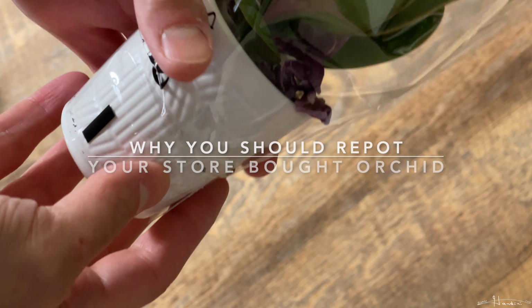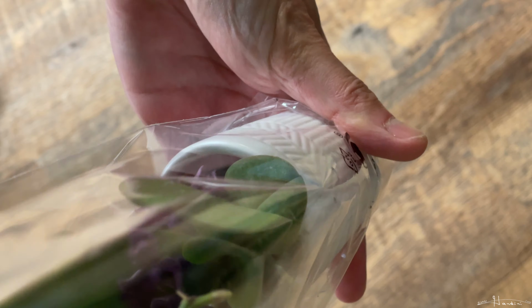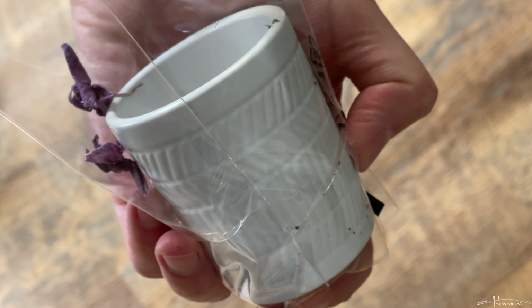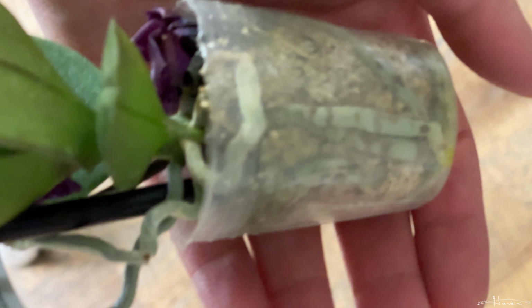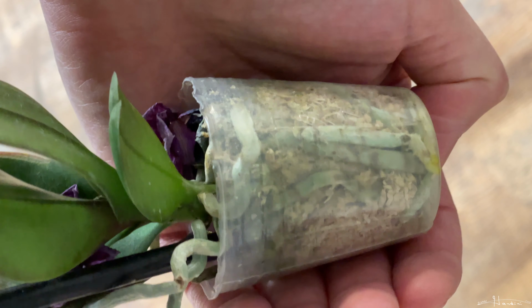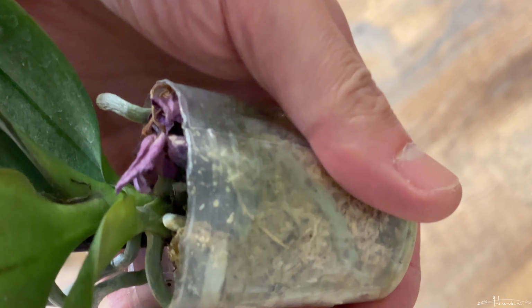While orchids sold in big box stores look beautiful in the way they're packaged and presented, they really cannot stay and survive for too long in the way they are sold. You may get a year or two out of them and then they start to suffer. As you can see, there's a drainage hole at the bottom but no side holes, and it was placed in